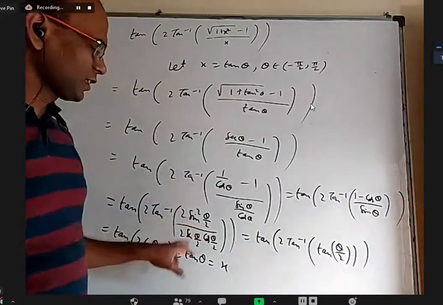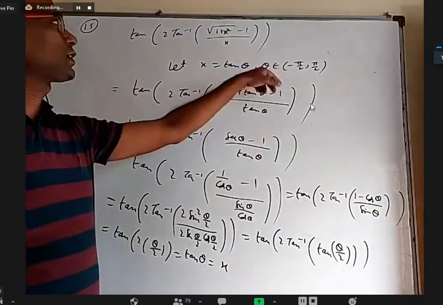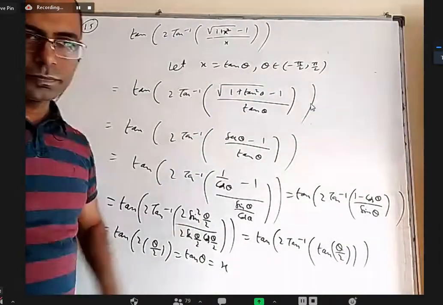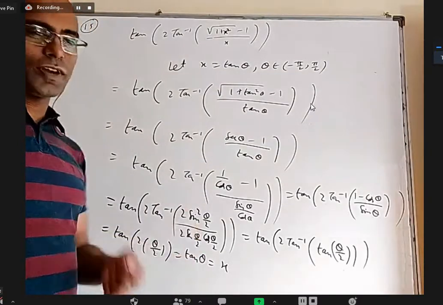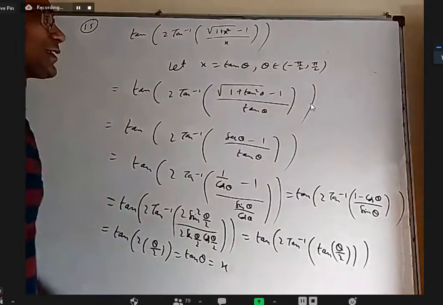Next, coming to this. Here we cancelled sin theta by 2. Sin theta by 2 should not be 0. So here x should not be 0, right? And at 0, is it defined? No, sir. No. So at least one number I got where it is not equal. X is 0. This is defined, but that is not.